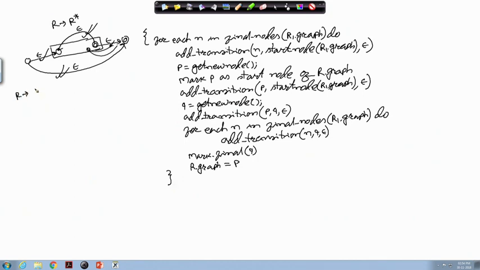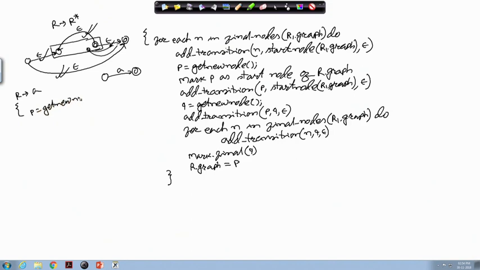So, R producing a. For R producing a, what I have to do is have something like this, and this is a. So, how to do this? I write P equal to get new node.